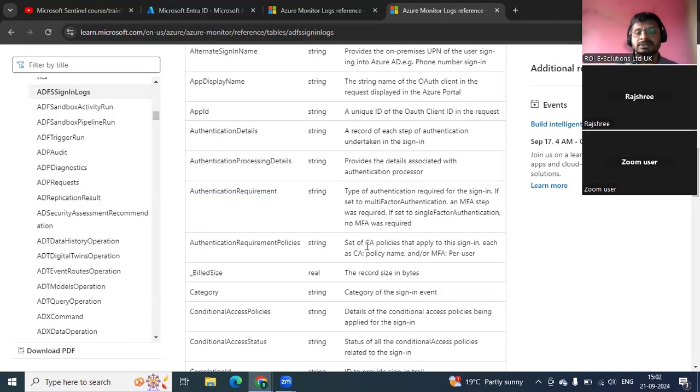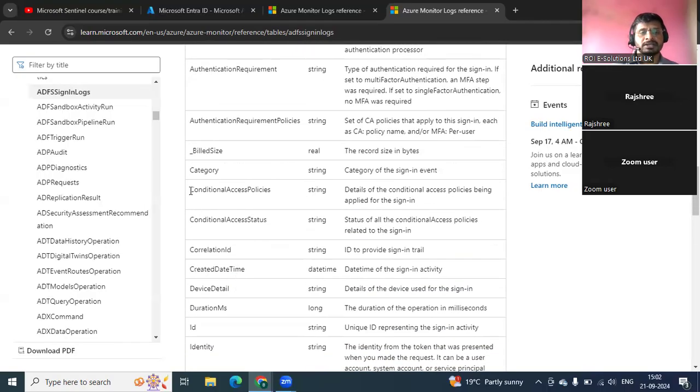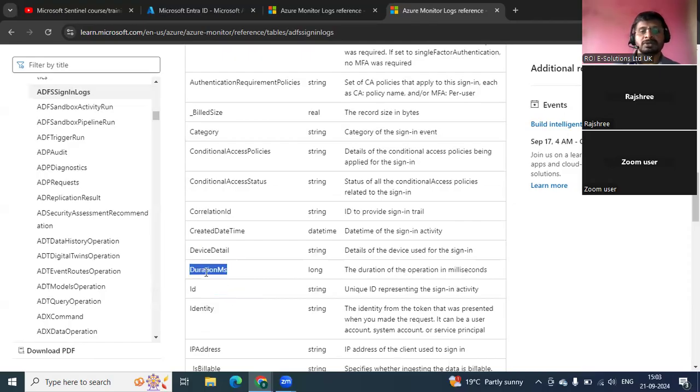Authentication requirement policy is where conditional access comes into the picture, which sets certain CA policies that apply to the sign-in. Policy name or MFA per user: these show whether conditional access policies were applied or not, and what the status is, whether the policy is active or not. Then correlation ID, created date, and device detail, meaning what type of device the user used for MFA. Duration is for what time the user was there